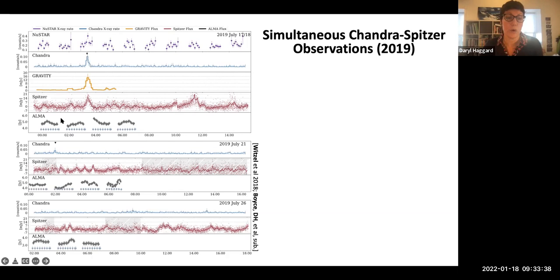ALMA is one of the elements of the Event Horizon Telescope Array. This is not Event Horizon Telescope data, it's data just taken by ALMA alone. But you can see now we've got very high energy X-rays, X-rays from the Chandra X-ray Observatory at a little bit lower energy, infrared light curves, very, very long infrared light curves from space. So this is from the ground, this is from space, and beautiful submillimeter light curves from ALMA